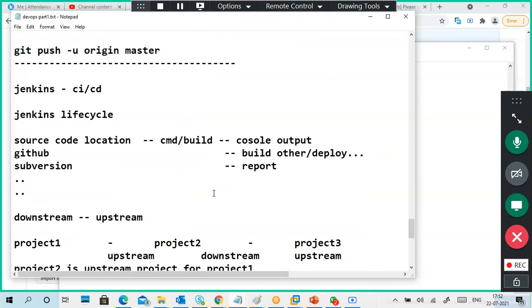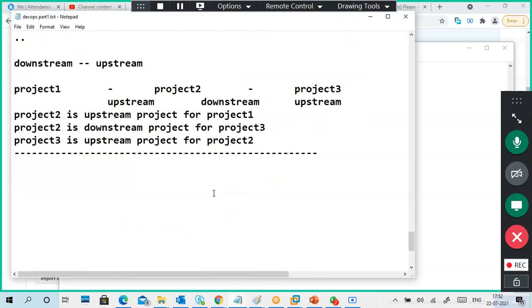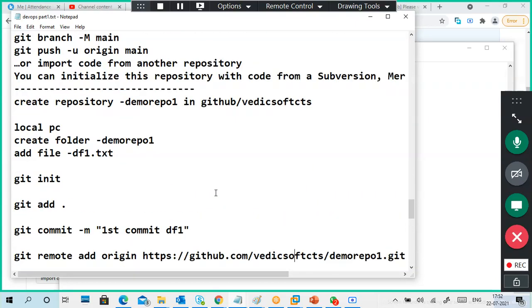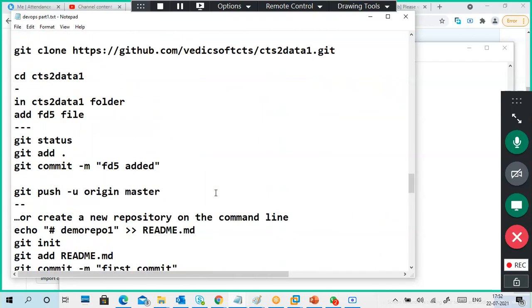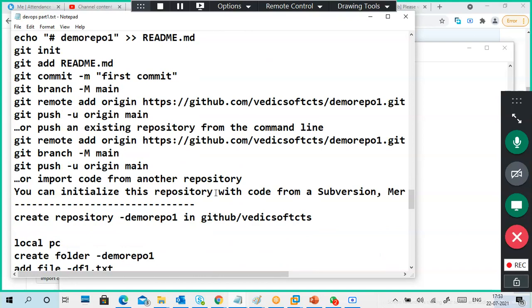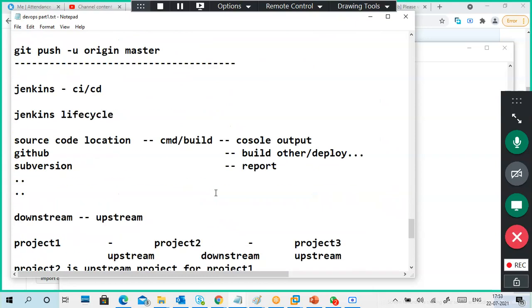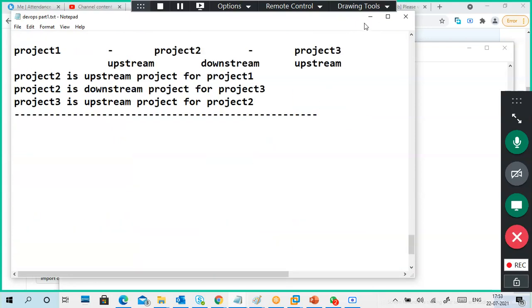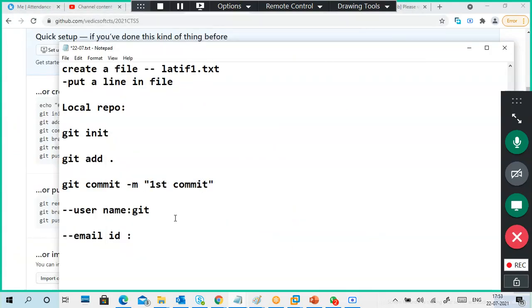In this file I didn't mention it. I think I did it directly. So git global config.